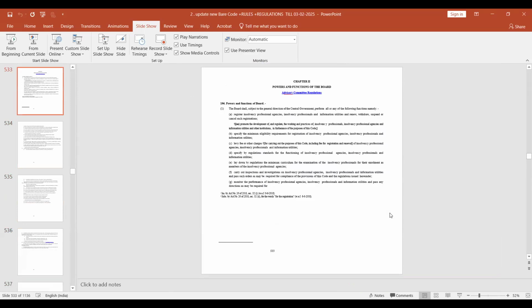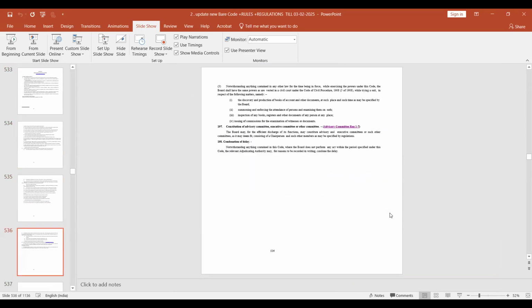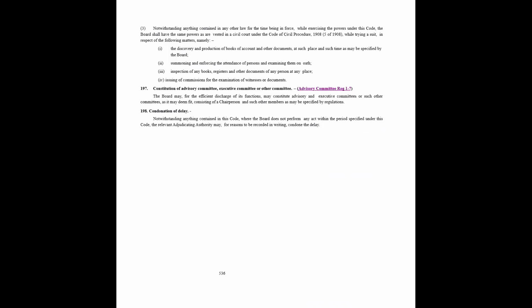ये 196 हो गया, 197 एडवाइजरी कमेटी हो गया, 198। 198 बात करता है कंडोनेशन ऑफ डिले। ठीक है, तो अगर बोर्ड डज नॉट परफॉर्म एनी एक्ट विदिन द पीरियड स्पेसिफाइड, द रिलेवेंट एडजुडिकेटिंग अथॉरिटी मे फॉर रीजंस टू बी रिकॉर्डेड इन राइटिंग कंडोन द डिले। ये 198 है। एम्प्लॉय सर्विस रेगुलेशंस हमने देख लिए।